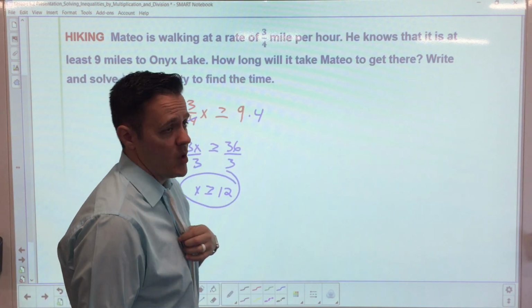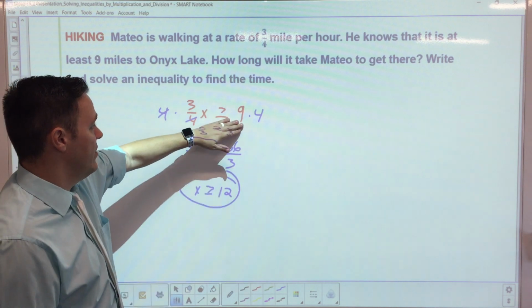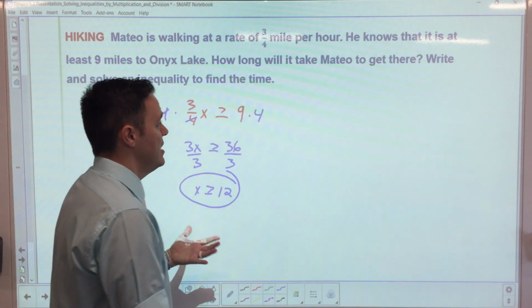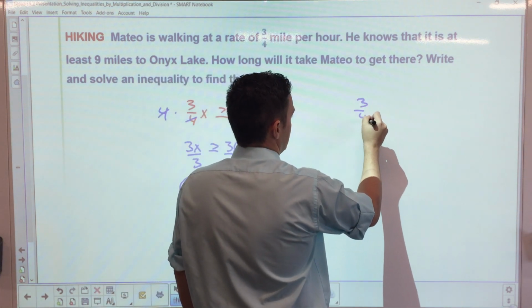All right, walking pretty slow. That's slower than what I even want. So what you have on here is your equation. You're going to take him 12 hours to walk at that rate. Now, what you can do is another way. So if I rewrote this equation,